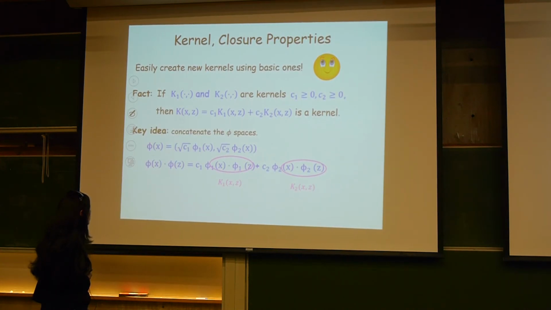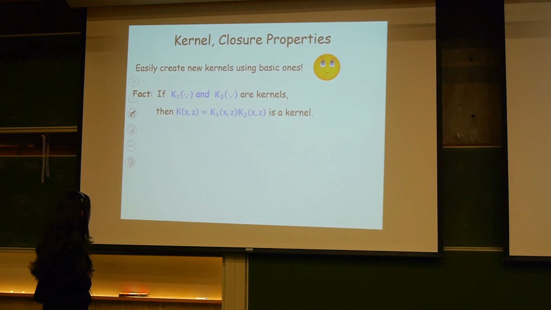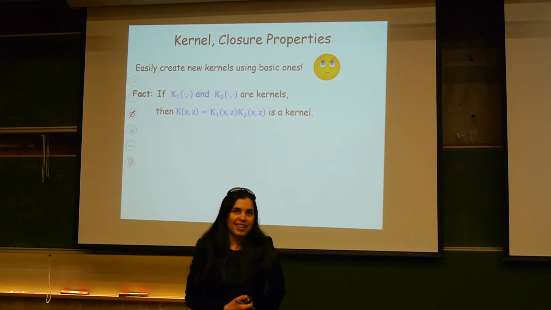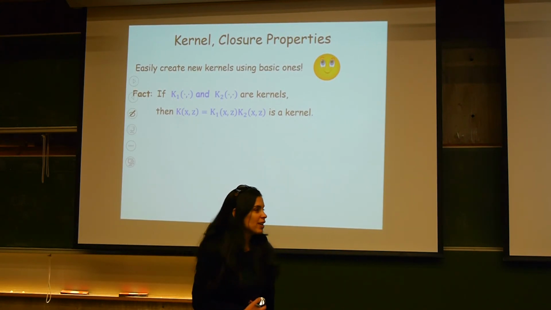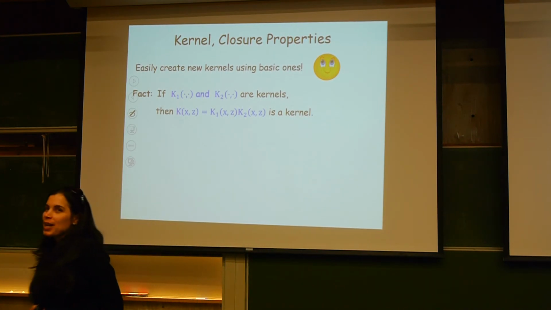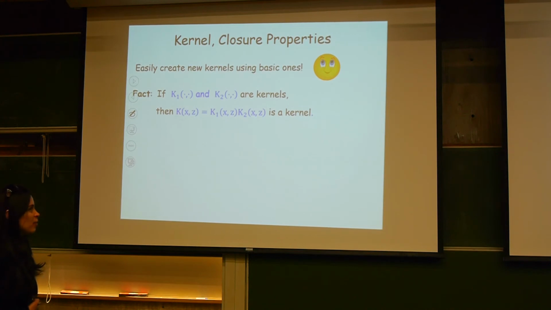So weighted linear combinations of kernels are kernels. It turns out that the product of two kernels is a kernel too. And the proof here is a little bit more involved. It's simple, but a little bit more involved. I can just again use the basic definition. There are many ways to prove this fact, but one way to do it is to use the basic definition